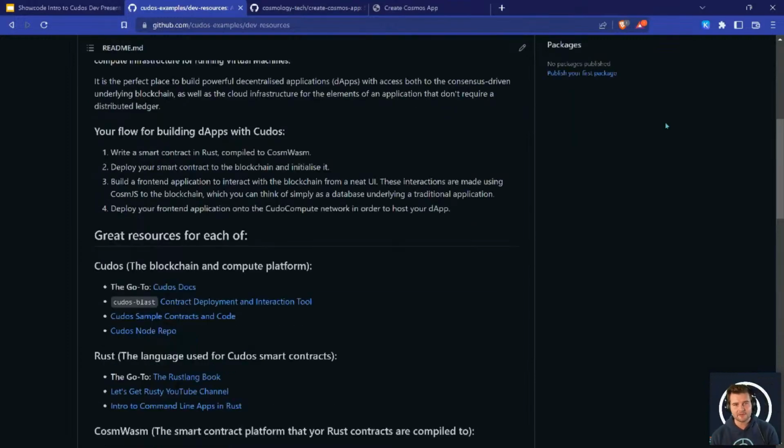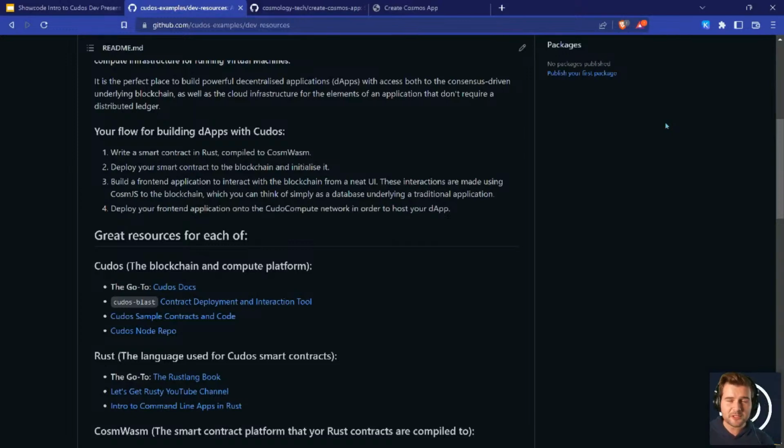It's got a flow here for building your dApps with Cudos. You're going to write your smart contract in Rust. It's going to compile to CosmWasm. You're going to deploy that onto a blockchain and initialize it. So you actually have to upload it to this distributed database that exists across many nodes, and then you will initialize that contract with an initial state.